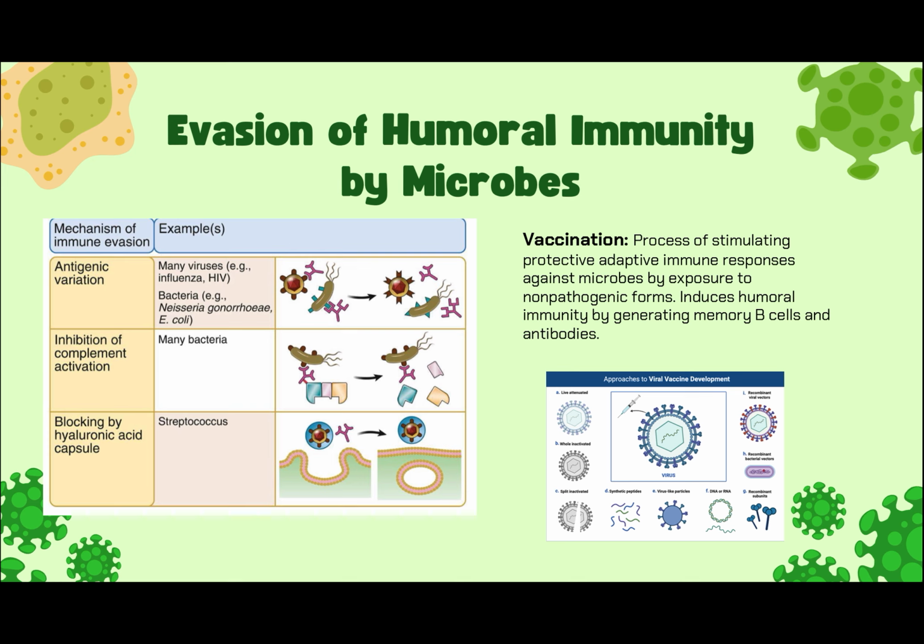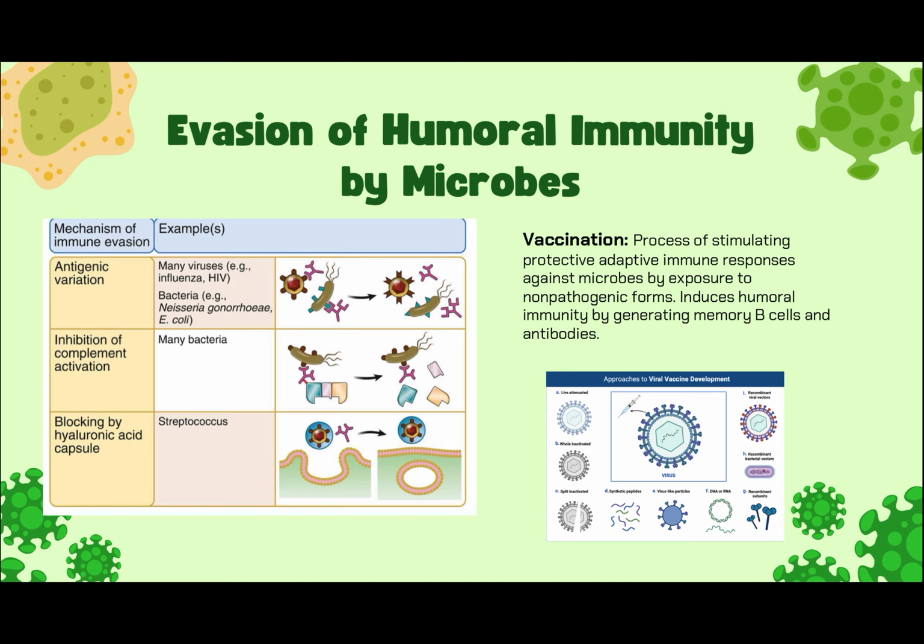Evasion of humoral immunity by microbes. So microorganisms have evolved strategies to escape antibody-mediated defenses. This can be seen here with antigenic variation, as they change those surface antigens, and then the inhibition of complement activation, as the microbes inhibit complement activation or MAC formation, and then there's the blocking by hyaluronic acid capsule